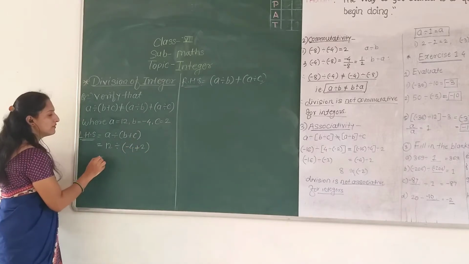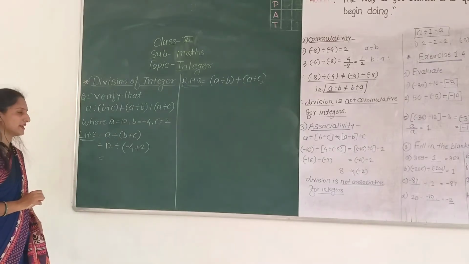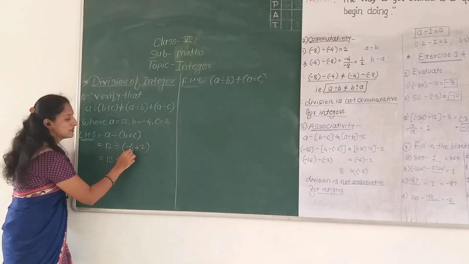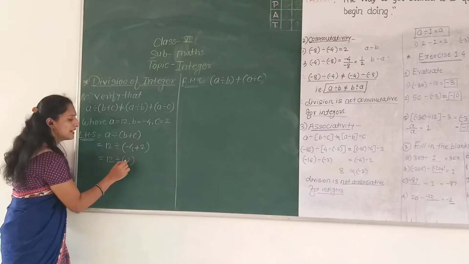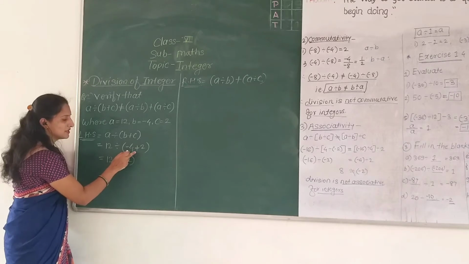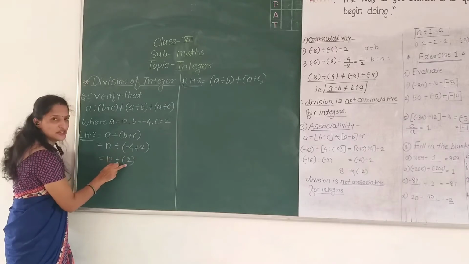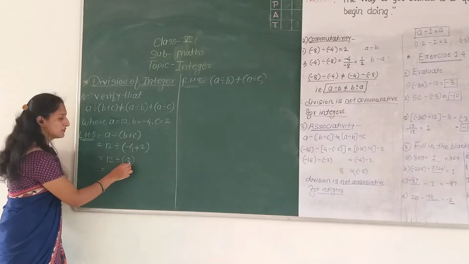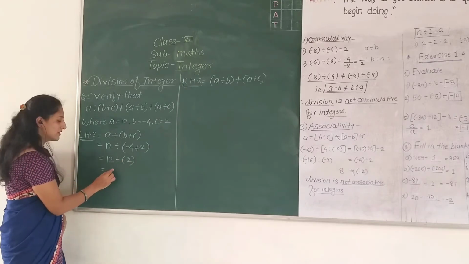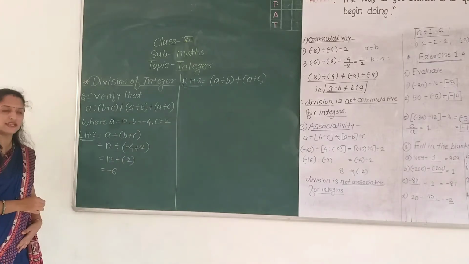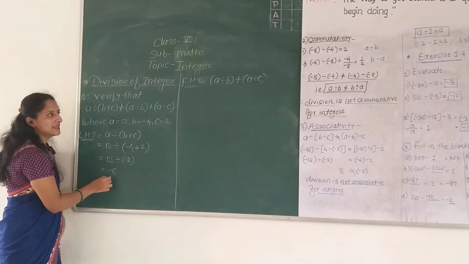Okay, so when we solve any expression, first we have to solve the bracket. So first we solve the bracket here, negative 4 plus 2. Negative 4 plus 2 is negative 2, right? Since their signs are different here, we take subtraction and take the sign of the bigger integer for the answer. Now 12 divided by negative 2. Now you know that 2 6s are 12, and one of the integers is negative, so the answer is negative. That means on LHS we get the answer negative 6.